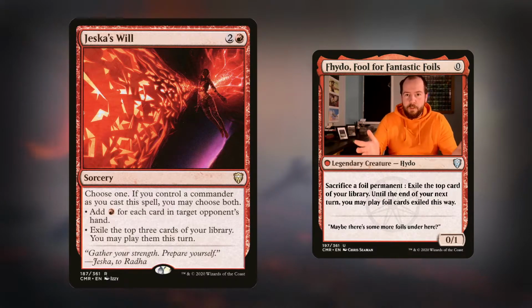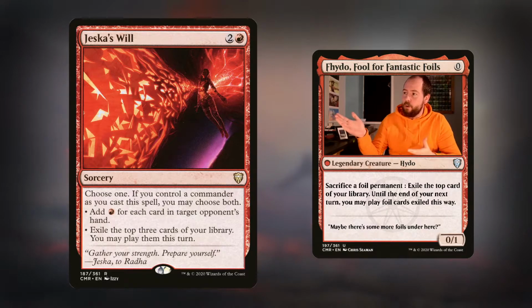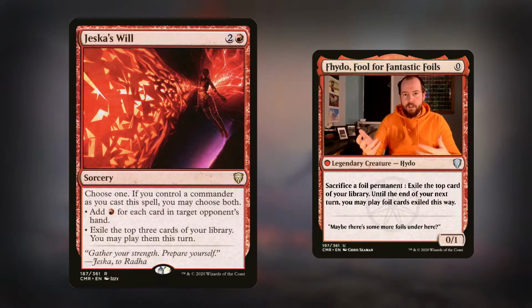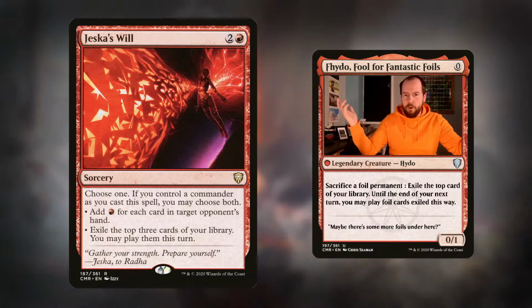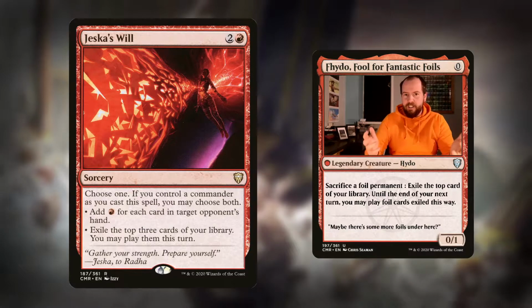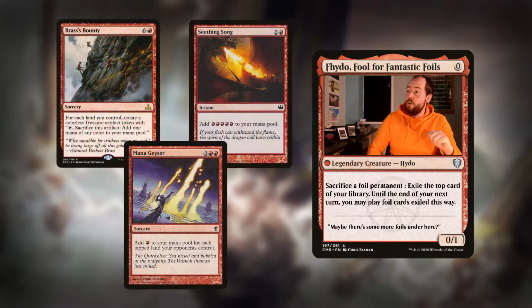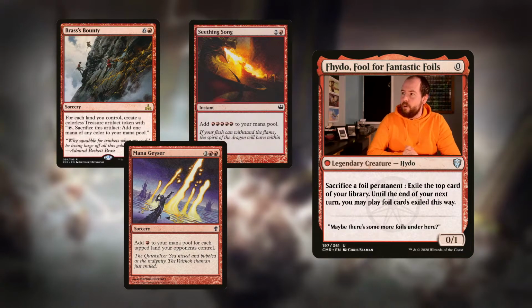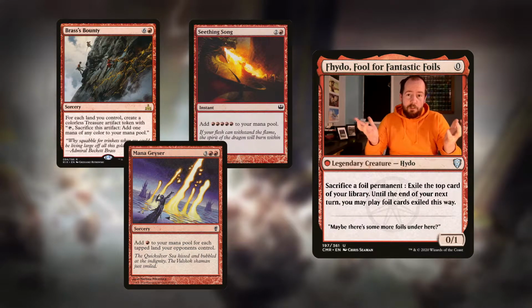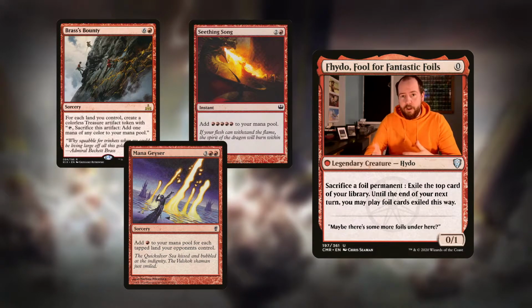Now, the reason we want to play this with our commander is if she's on the field when we cast it, we get to choose both modes. Then, when we activate her and copy it, we copy every mode that was selected. So, Jeska's Will generates us a boatload of mana and also exiles 6 cards. To go along with this, there's a lot of good big mana spells that we can copy. And we want to do this because then we can storm off, we can replay our commander and then potentially